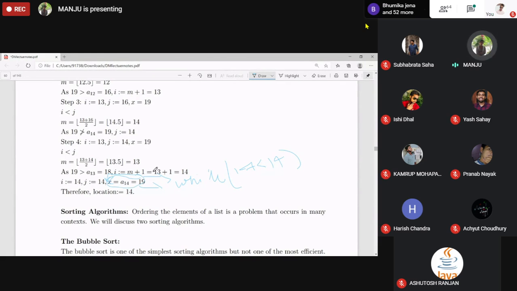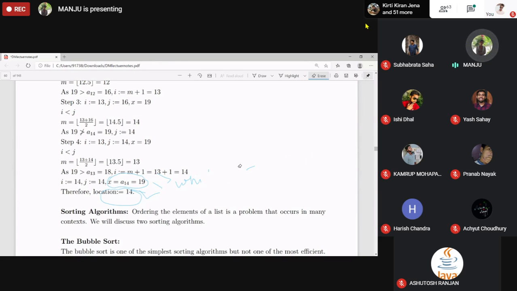So one step they have skipped. After I and J become 14, 14, this is the step: while 14 is less than 14 or not. It is false, that's why it came out of the while loop, and it checks whether x is equal to A14 or not. If the answer is yes, then it gives you the location, which is I. If it is not equal, then it will return 0. Okay?